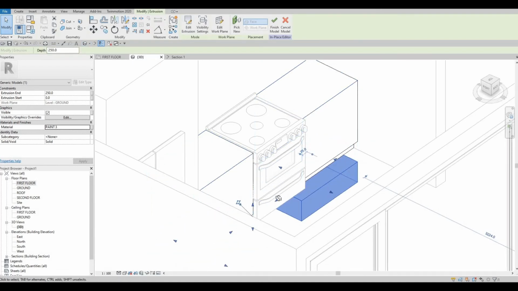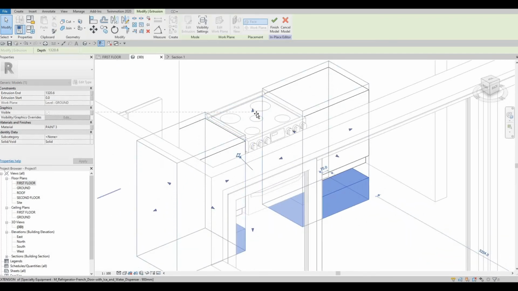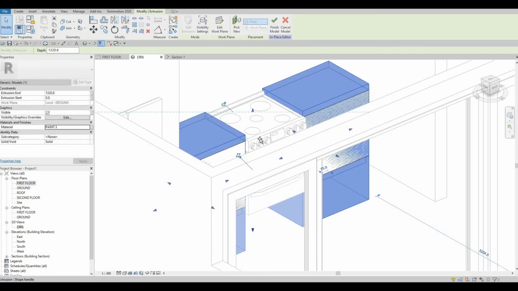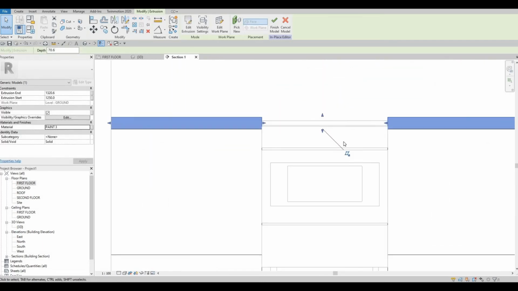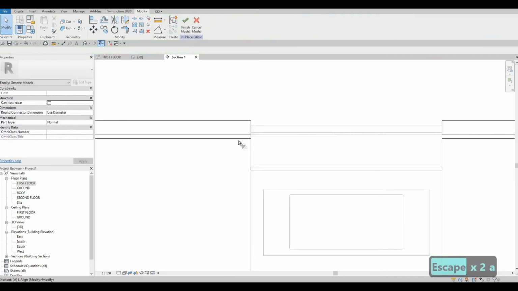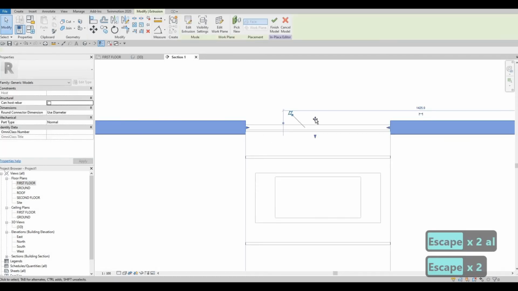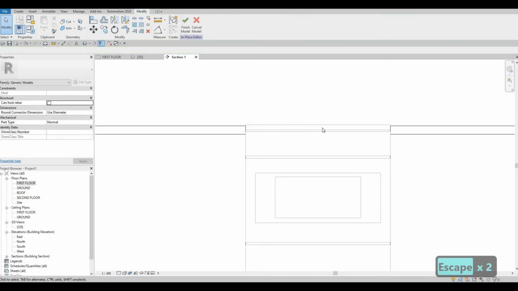You're still able to select those, so just put it on top like that. If you cannot see it properly, go to section, and then from here we can align them all together. So AL, I'm going to align it from this, so it will go down, and then here we just need to go a bit lower from the electric stove,